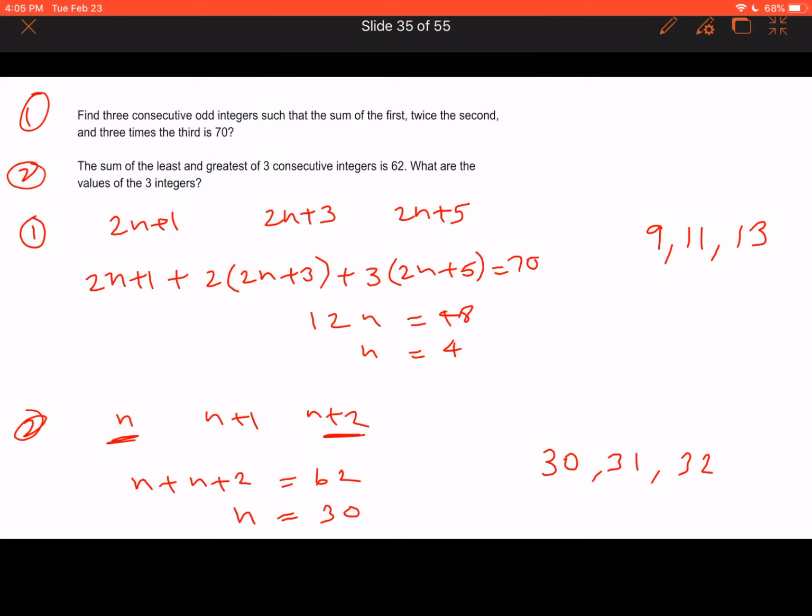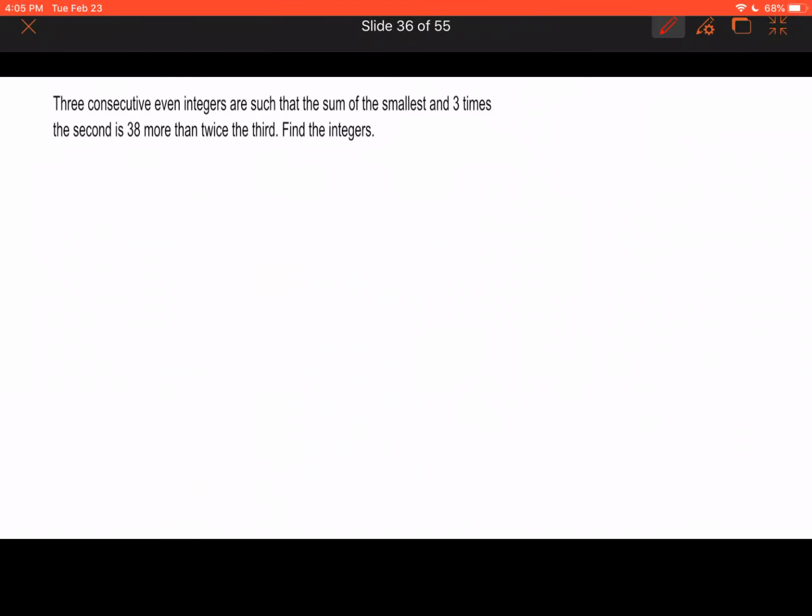Okay, so we'll dive into a small intricate problem. Three consecutive even integers are such that the sum of the smallest and 3 times the second is 38 more than twice the third. So three consecutive even integers. First let us guess: 2n, 2n plus 2, 2n plus 4. Then the sum of the smallest, that is 2n, and 3 times the second, that is 3 times 2n plus 2, is 38 more than